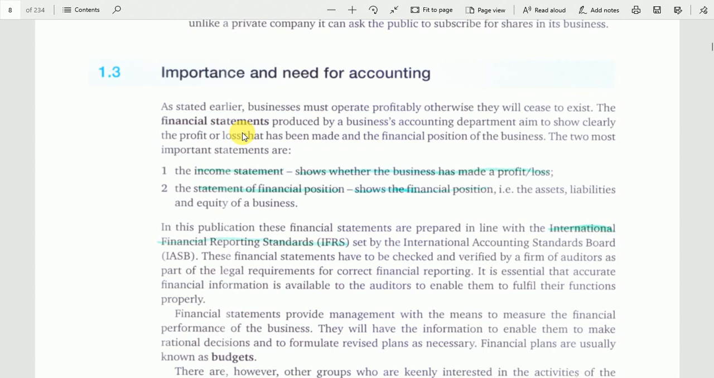Financial statements normally consist of 5 key components: the statement of comprehensive income, the statement of financial position, the statement of retained earnings, the statement of changes in owner's equity, and the notes to the accounts. And we have the cash flow statements as well. So these 5 components